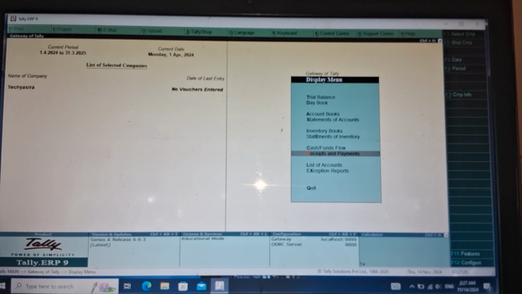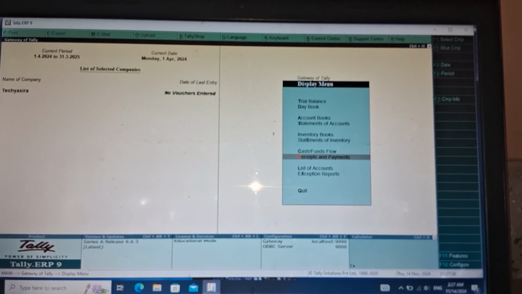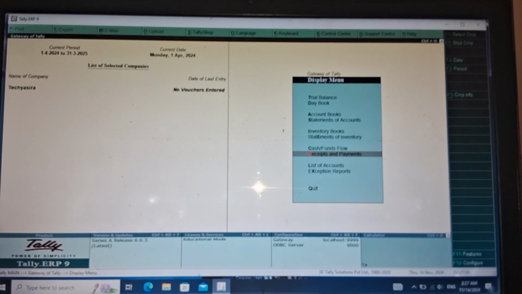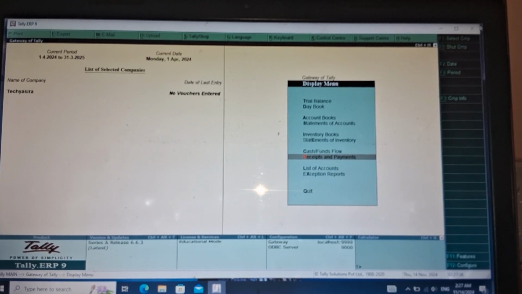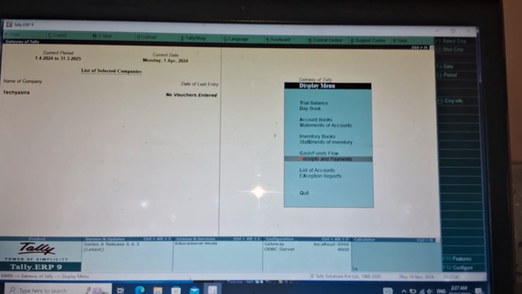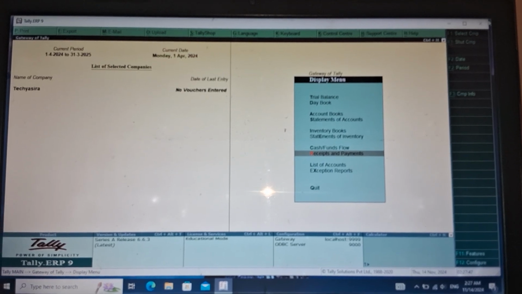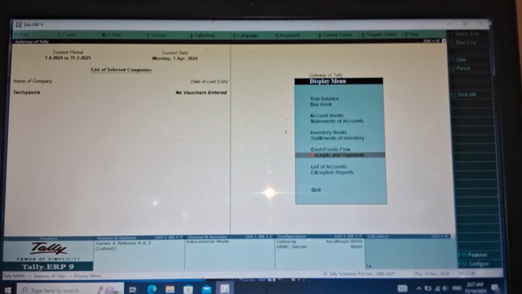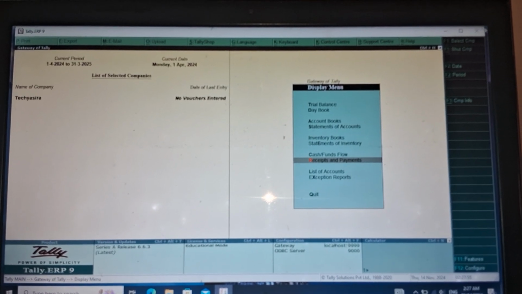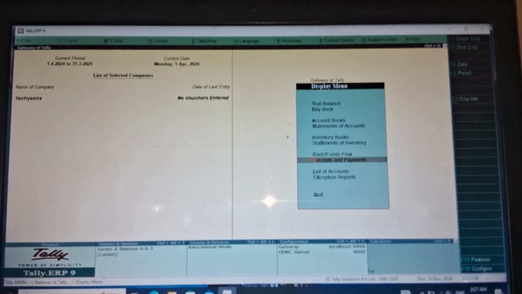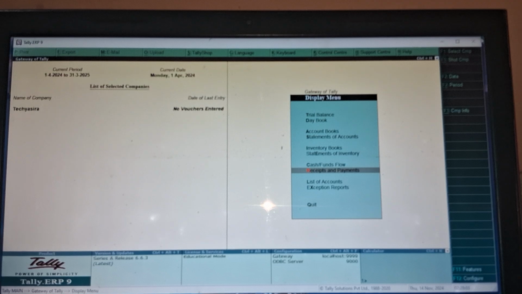Receipt is the money that flows into a business from sales and other income sources such as donations, grants or investments. It's very simple. And what is payment? The money that flows out of a business to pay for expenses and supplier invoices. So do you understand what a receipt and payment account is? A financial statement that summarizes a business's cash and bank transactions for a specific period of time.